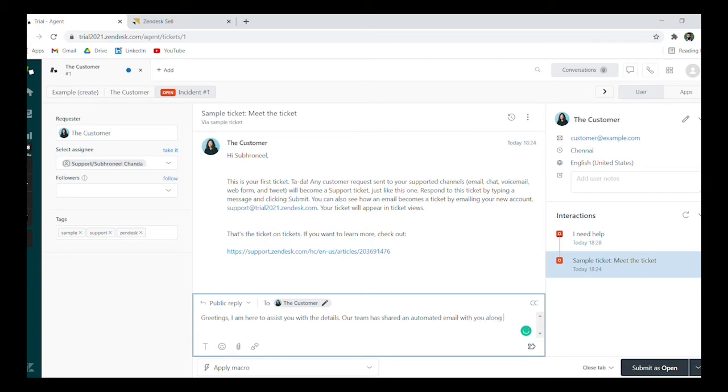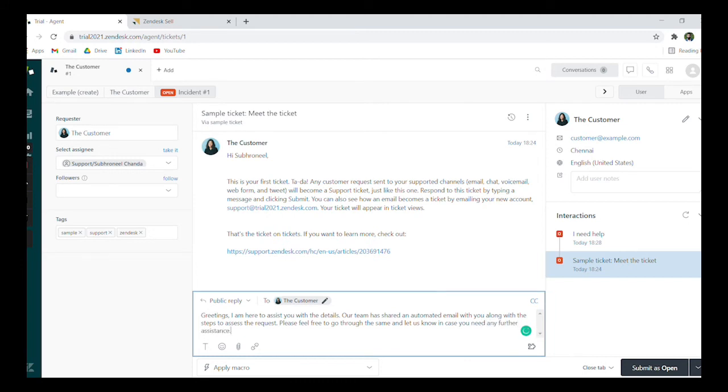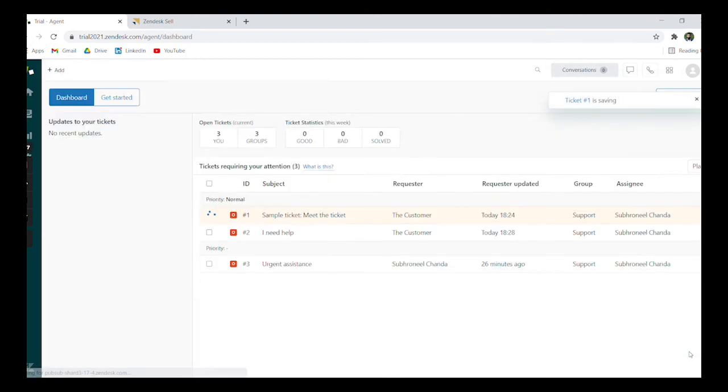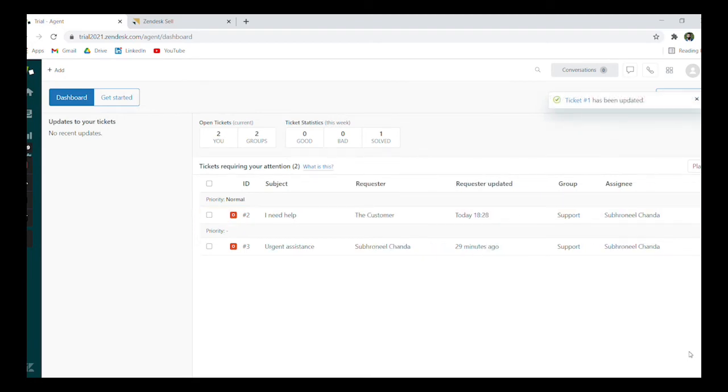Now once the message is being typed out and is completely finished, we can go ahead and mark this ticket as closed. As you can see on the right hand side, there is the submit as open or submit as pending or submit as solved state as we had seen before. Now once the complete message has been typed, you can just click on the right drop down arrow button, click on submit as solved, and the ticket will become solved.